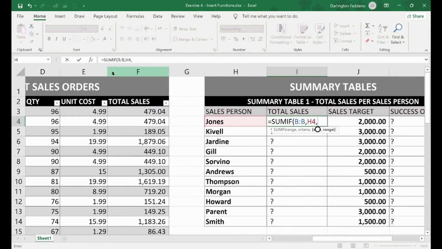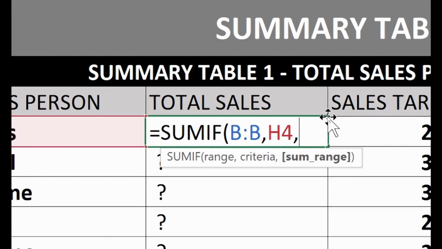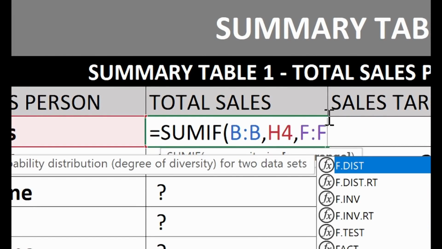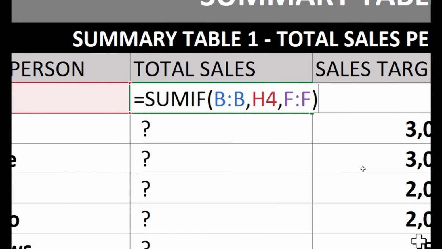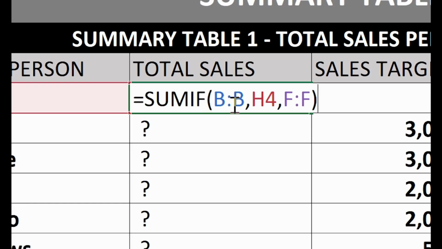Over here, the addition will be done on the total sales, which is column F. So this is going to be F:F, close bracket. This means search column B for Jones and add any value you find in the total sales